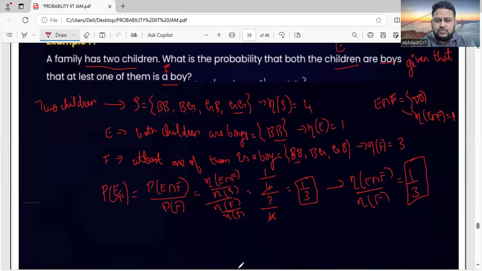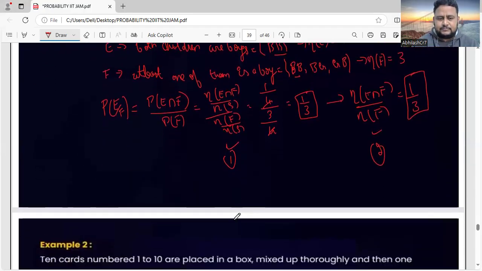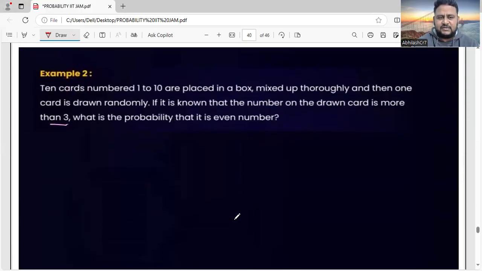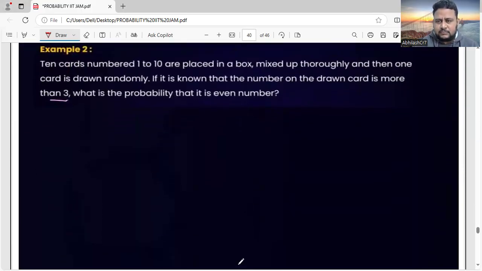Carefully, friends. Here I used the first formula. Here I used the second formula, but same answer. With more practice, you can use the second formula directly because it is simpler. But if you feel difficulty in understanding, you can use the first formula. It's not a problem. Now I hope you have got at least some clarity about solving questions on conditional probability. Let us look at another example. Look at this, friends. Observe carefully.